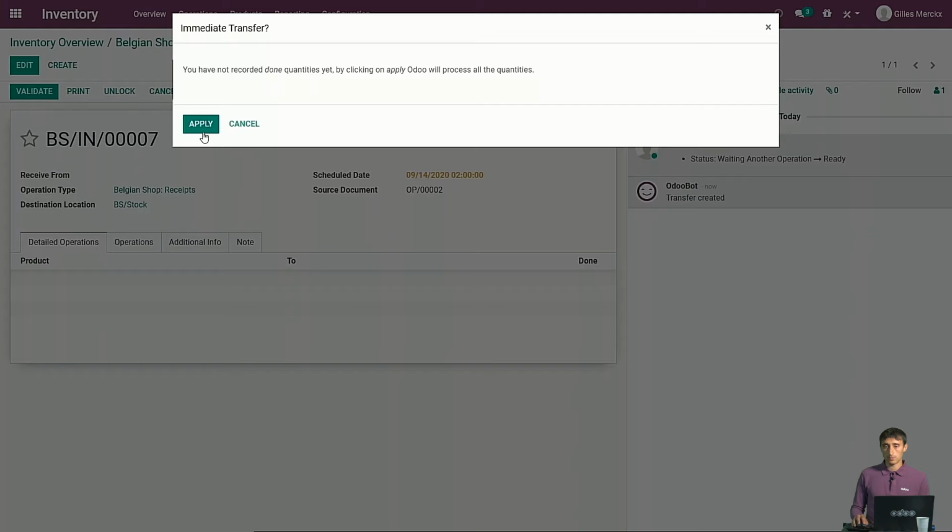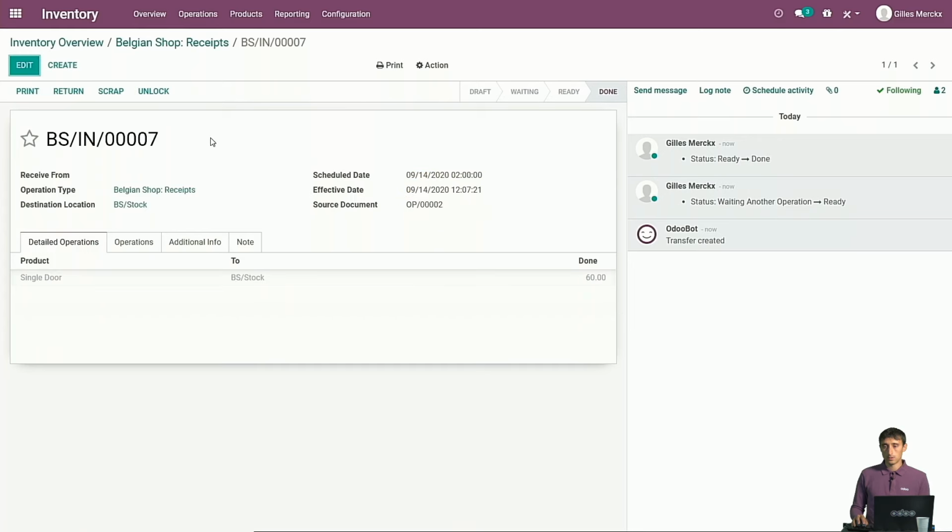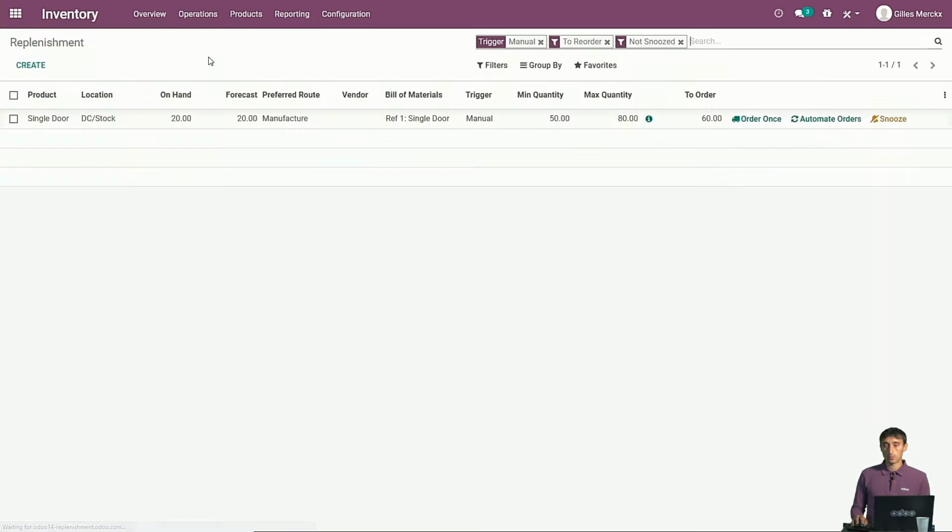And I validate the receipt of the 60 units, and now it's all there. If I do replenishment, only one line is shown by default, which is the one of single doors, with 20 units forecasted for the DC, the distribution center, because now we have replenished the shop, so there are fewer units in the distribution center. The number of units goes below the minimum quantity, and so we need to reorder again,